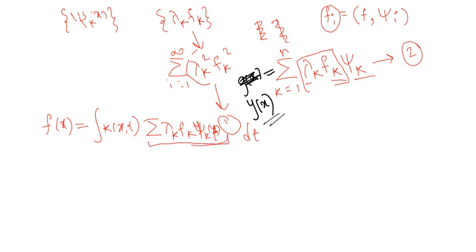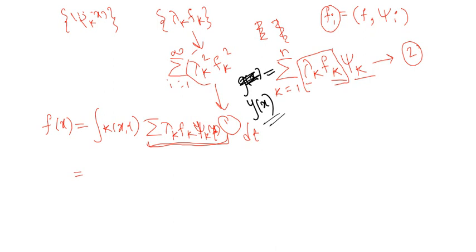Here this can be done by using some arguments of measure theory. There is a theorem in measure theory which tells you that when these are L2 functions, you can change the summation and integral sign. This part is not covered for you all, but I'm just briefing you about it, so if someone is really interested they can go back and check how it is done. So here the summation and integral sign can be interchanged.